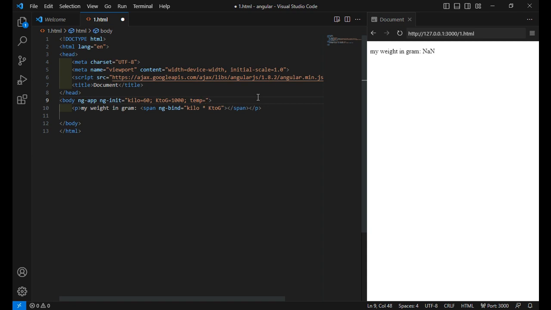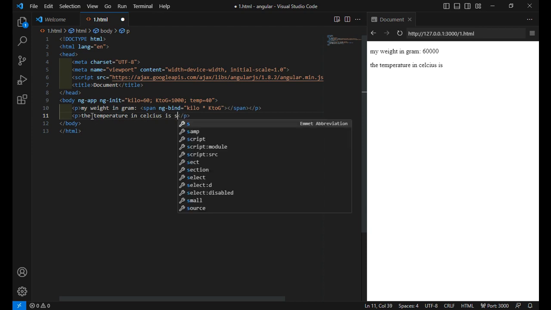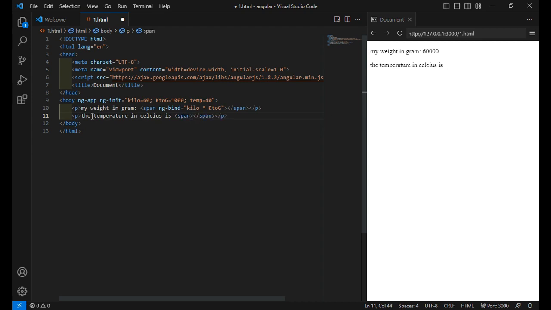For example, the temperature is, I don't know, 40, and in here I will put a p tag: the temperature in Celsius is, and I can add a span tag, and in the span tag I want to put a formula by ng-bind